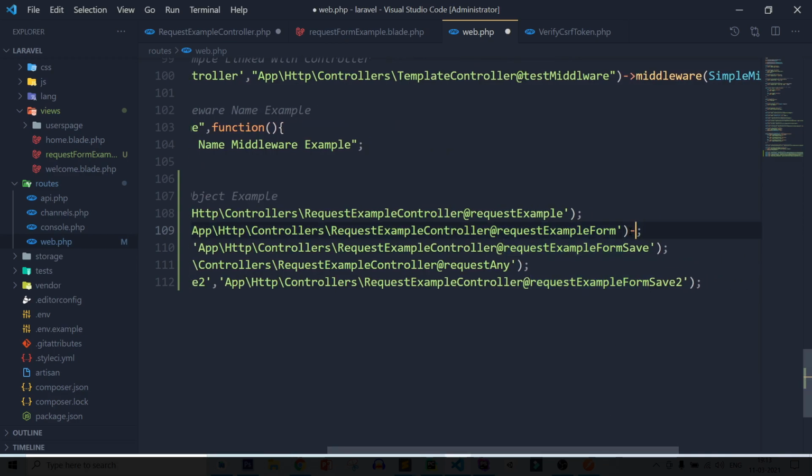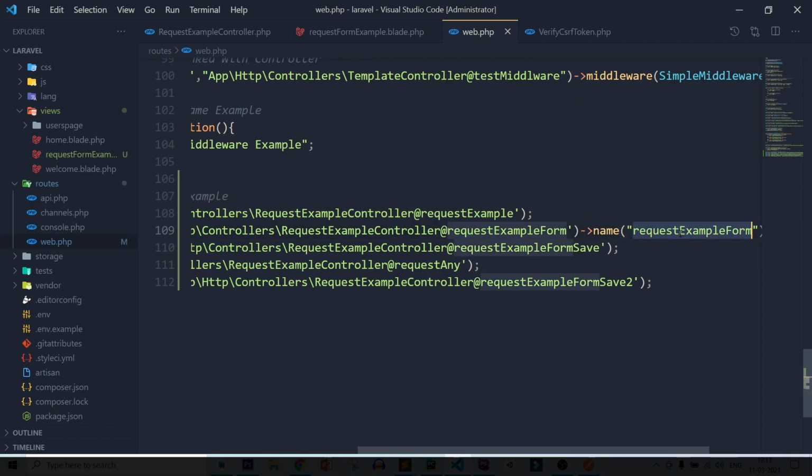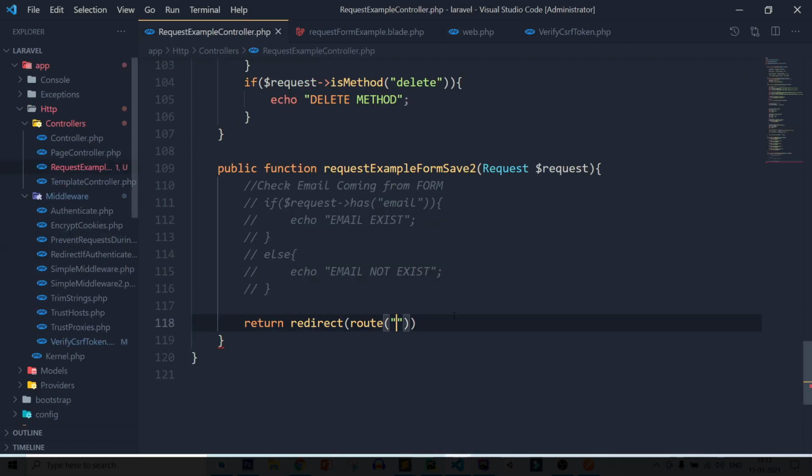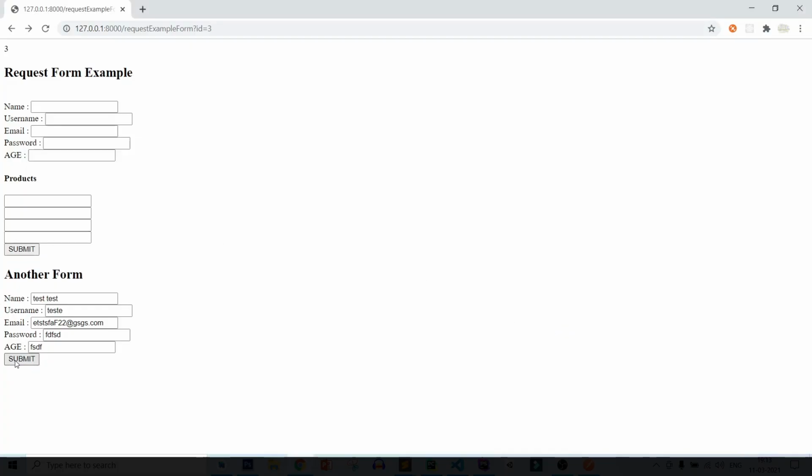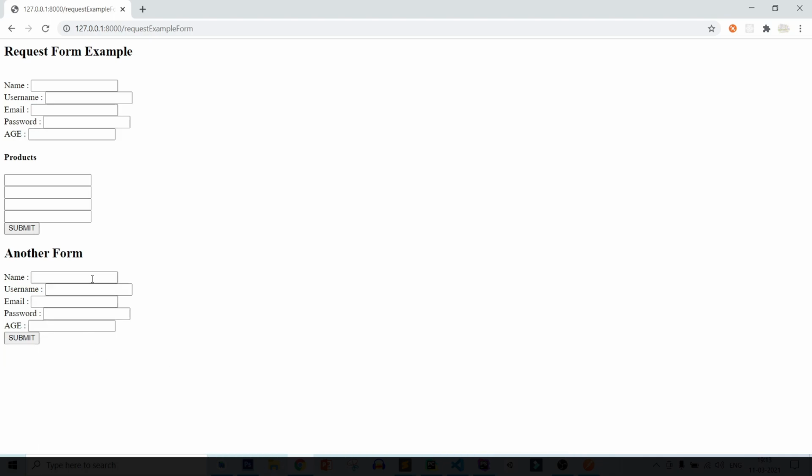So for accessing route by name, you need to add the name. Save it. Let's copy the name and pass the name here. Now after that, save this page and try to submit the form and you can see you are redirecting back to this page again.